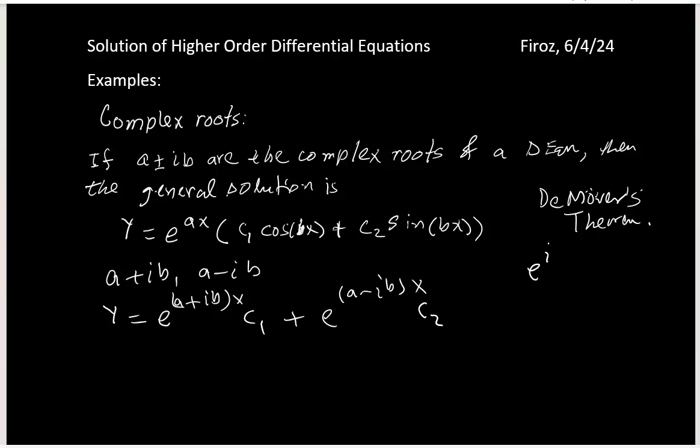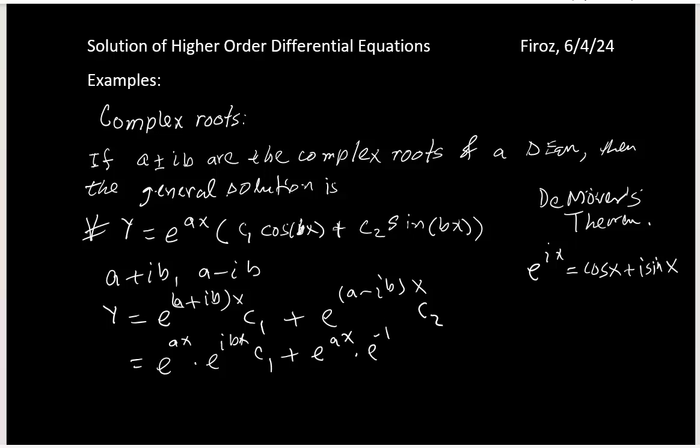That one says e to the ix equals cosine x plus i sine x. So with the help of this de Moivre's theorem, we will prove that this solution can be written as this one, as you see here. Okay, so then this one you can split like e to the ax times e to the ibx c1 plus e to the ax times e to the minus ibx c2. Now in this case you can see e to the ax is a common factor, keep it outside. e to the ax, then we are getting c1 e to the ibx plus c2 e to the minus